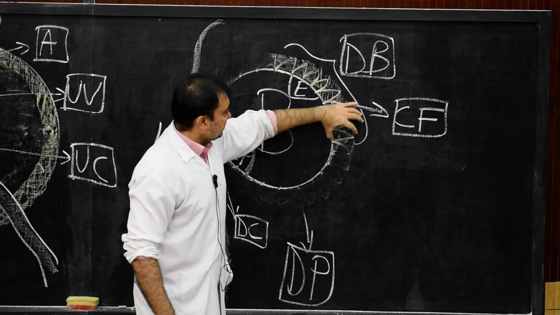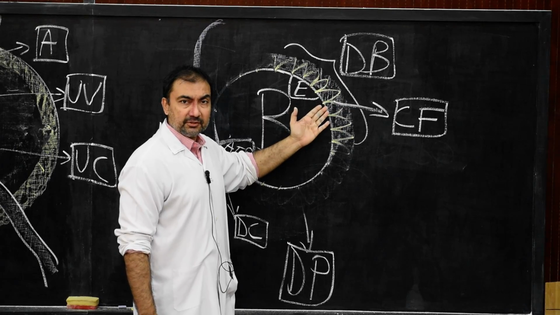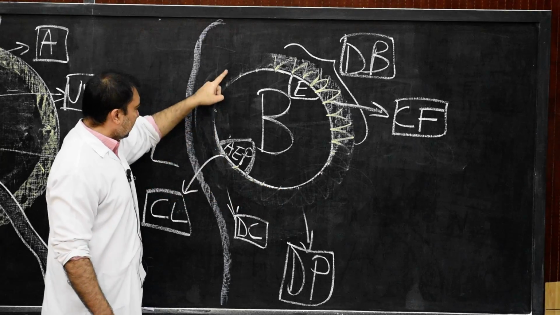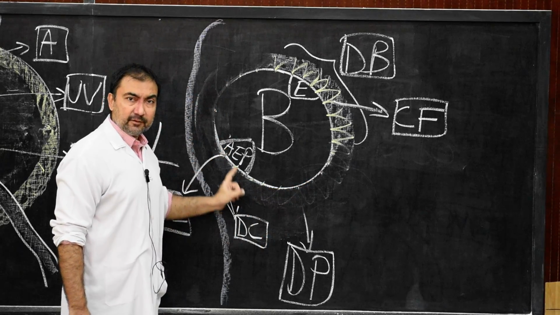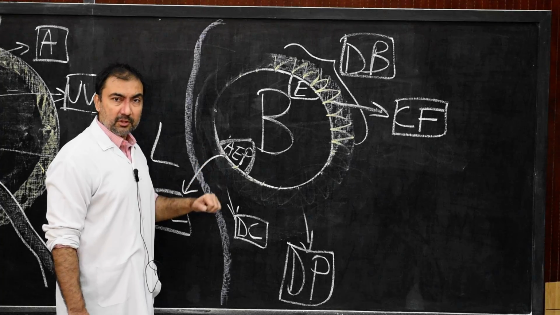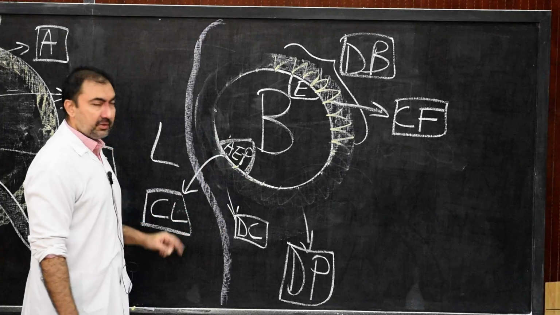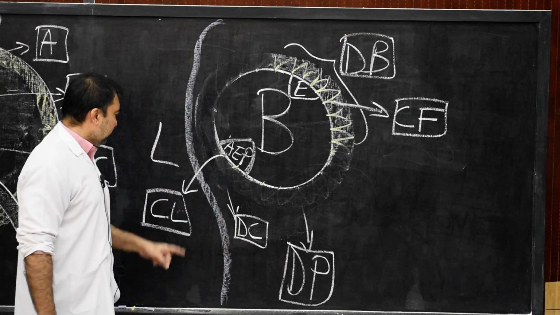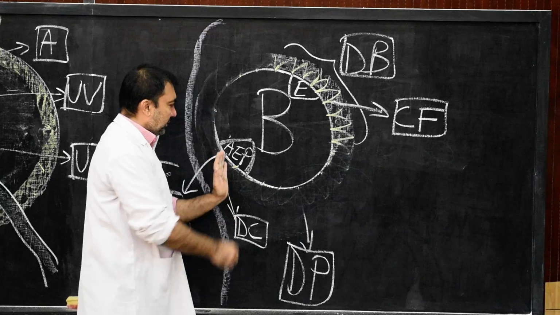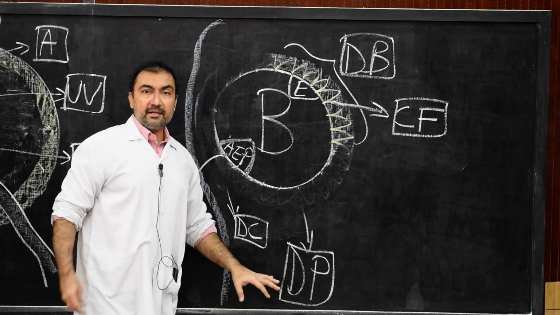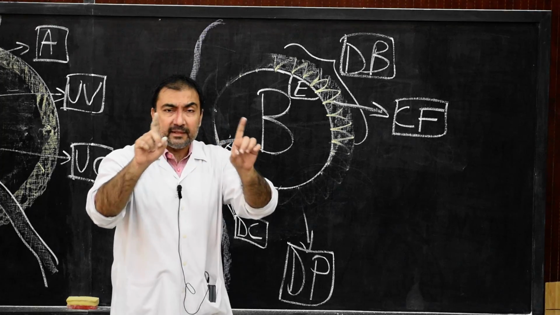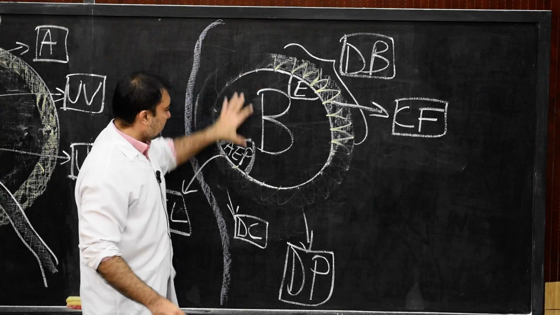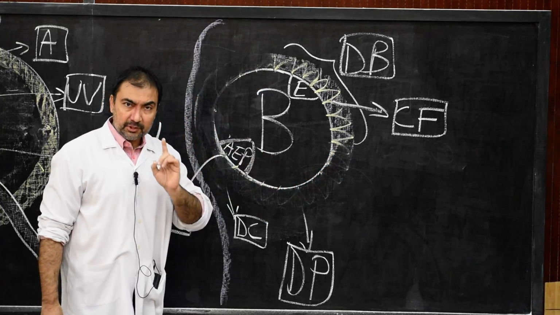So our human placenta consists of this much part, where chorion frondosum of fetal part will join with the decidua basalis of maternal part. The other portion of the chorionic villi which has disappeared from the opposite pole will be known as chorion leaf. So decidua parietalis will join with decidua capsularis, which will join with chorion leaf. All together they will join along with the membrane covering the fetal surface. What is that membrane? Amnion. So all together they form the peripheral margin of the placenta. That is what you need to understand.